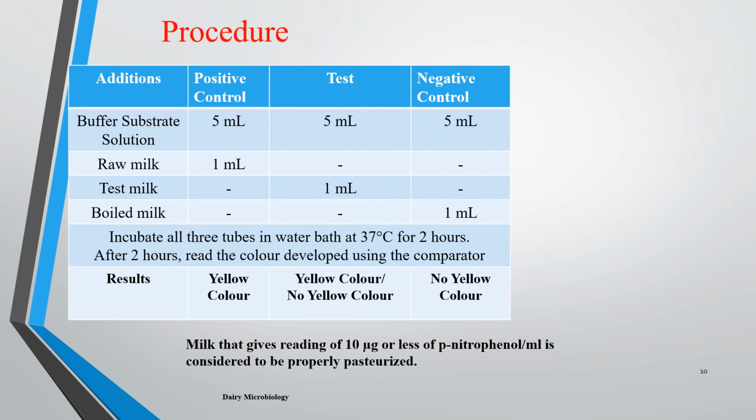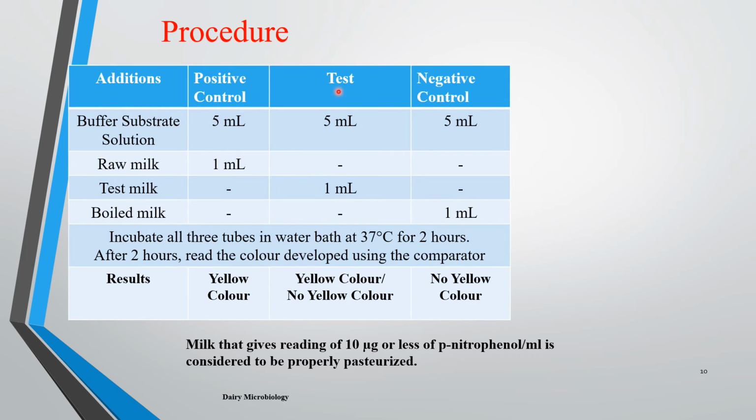Procedure: take 3 test tubes and label them as positive control, test, and negative control. In all these 3 tubes, add 5 ml of buffer substrate solution. Then add 1 ml of raw milk in the tube which is labeled as positive control. This raw milk contains the phosphatase enzyme. Then add 1 ml of test milk